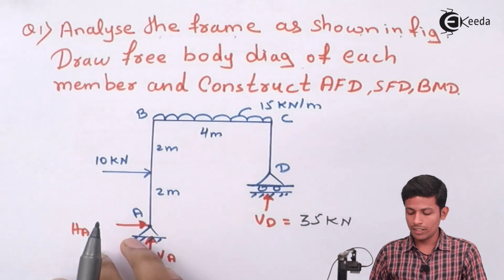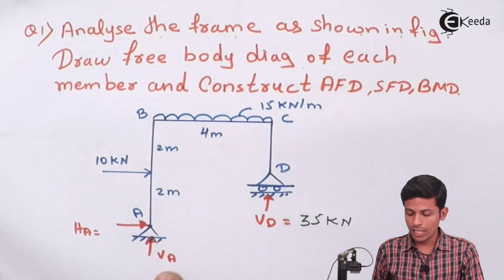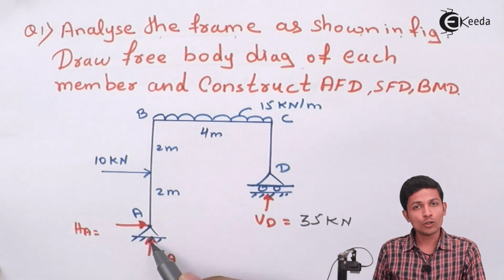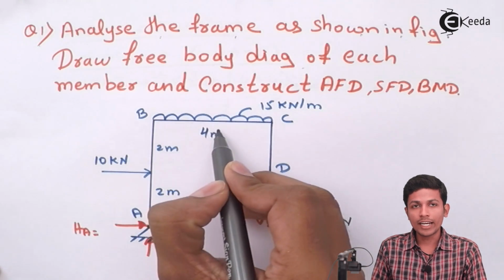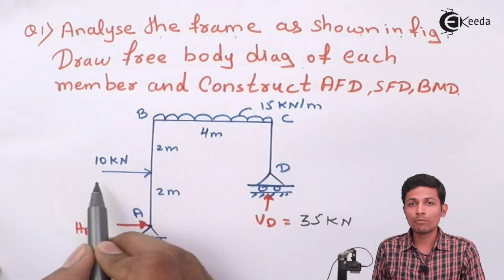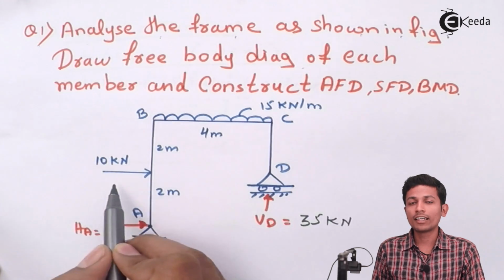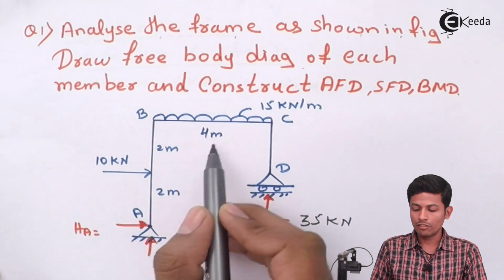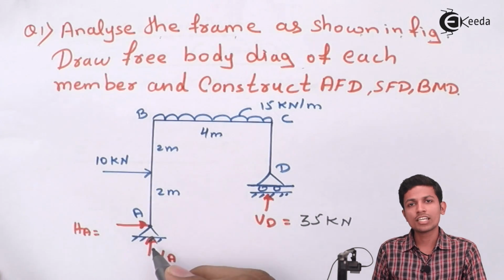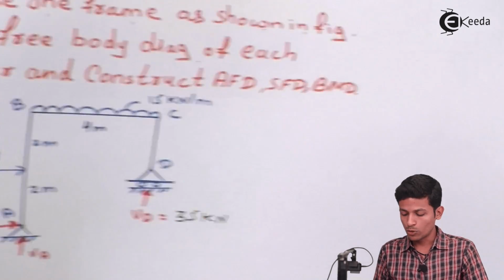Now we have to find the VA value. Now VA will go upward, so positive. VD will go upward, so positive. This UDL will be negative. No need to take this 10 kilonewton because it is not in the vertical direction, it is in the horizontal direction. Horizontal direction we take in X, and in V we always take the vertical directions. So VA